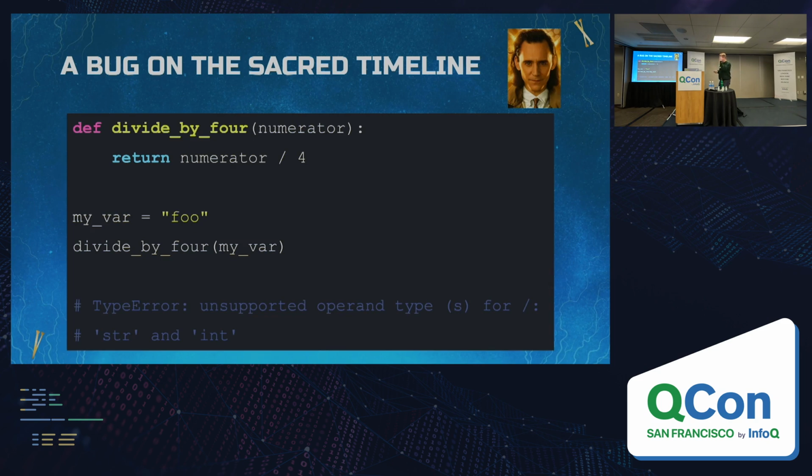So this is a little sample bit of toy Python code where we've got a function called divide by 4. It takes in an argument, and then it just returns that argument divided by 4. But somewhere else in our code base, some well-meaning developer creates a variable that is actually a string variable, and they try to call this function and pass it as the argument. So what happens in Python is that's a runtime error, where you get an error that says unsupported operand type for the divided by operator.